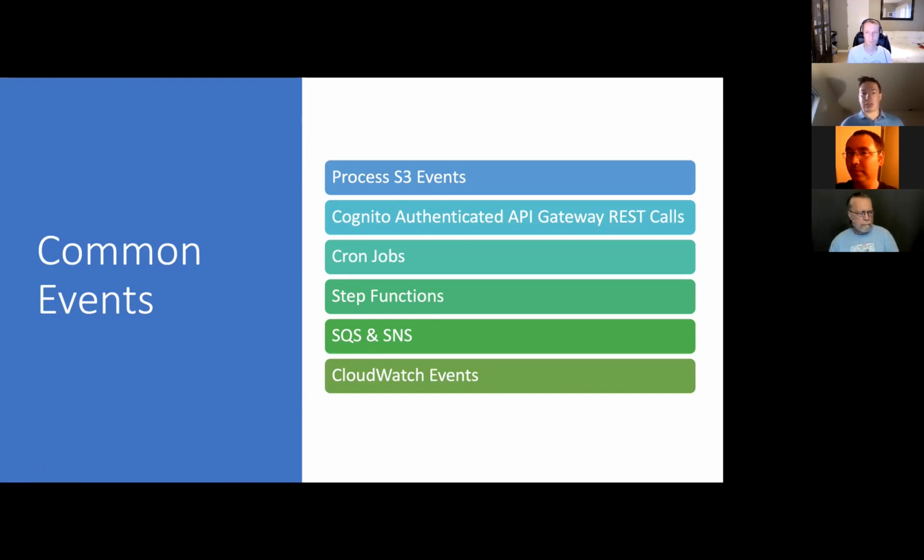Any CloudWatch event in AWS, you can trigger a Lambda function off any of these. So if something happens in AWS, like your database becomes unhealthy, you can trigger a Lambda function, and you can set it up with the serverless framework. I won't go into too much detail with some other CloudWatch events because that's probably higher level than this talk needs, but there's a lot of other triggers that you can use to trigger a Lambda function.